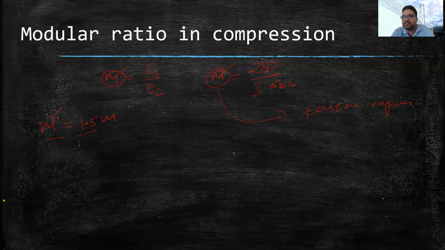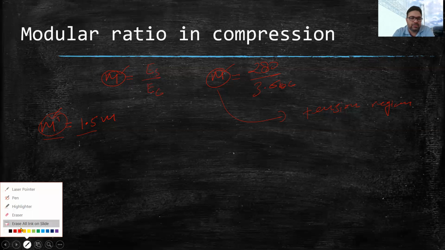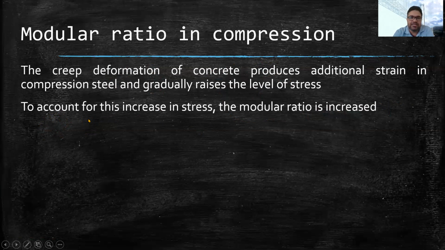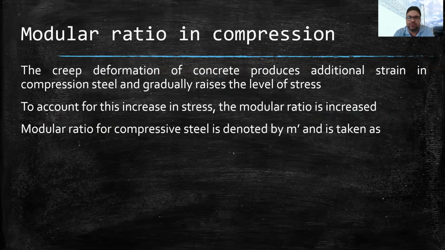So basically, when we calculate the stresses in compressive steel, in case of equivalent area, we multiply by the M dash value, not by the M value, like we used to do in the case of singly reinforced beam. As I said, creep deformation of concrete produces additional strain in compression steel and gradually raises the level of stress. To account for this increase in stress, the modular ratio is also increased. The modular ratio for compressive steel is denoted by M dash, and it is taken as 1.5 times